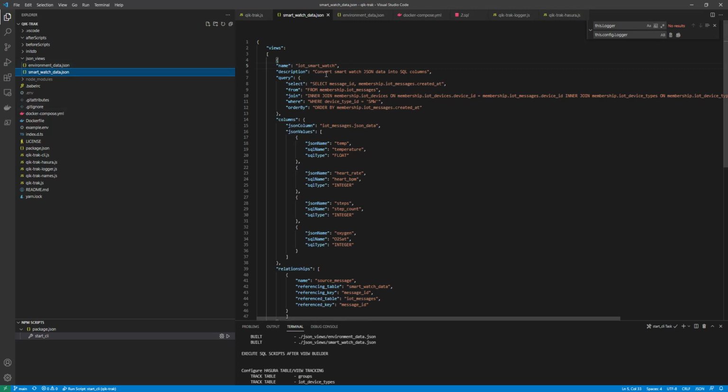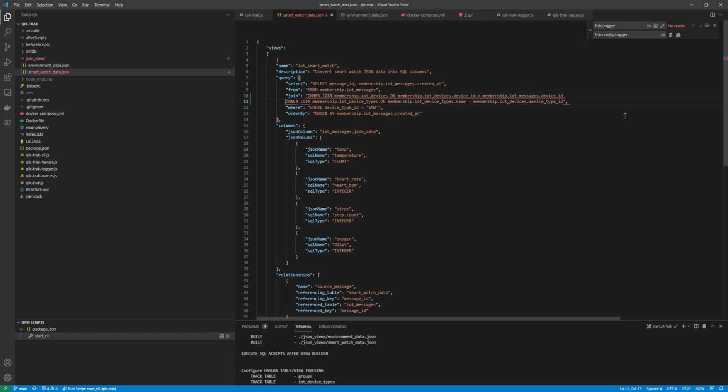It's probably something that you want to do, make this run in a SQL query tool first and then drop it into the JSON file here. But let's take a close look at what's happening, and we can make this a little bit more readable simply by doing this. So imagine we have a JSON view which selects standard SQL values. From the IoT messages table, we want the message ID and the time that the message was created at. We also want to be able to